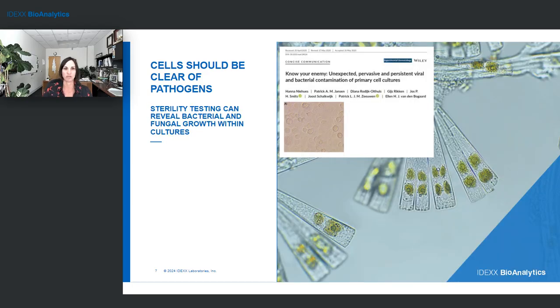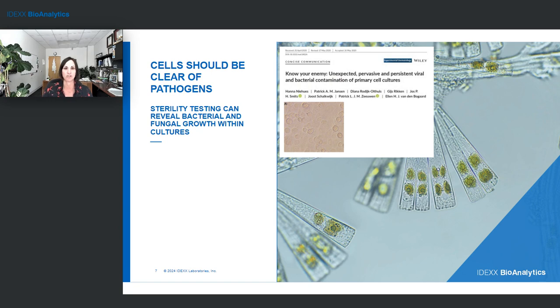Likewise, ensuring that cultured cells are negative for bacteria and fungi is very important. While some bacterial infections will be readily obvious through media color changes or visualization, not all of them are evident. So as shown here, this is a 2020 publication where this lab experienced bacterial contamination, kind of widespread throughout the